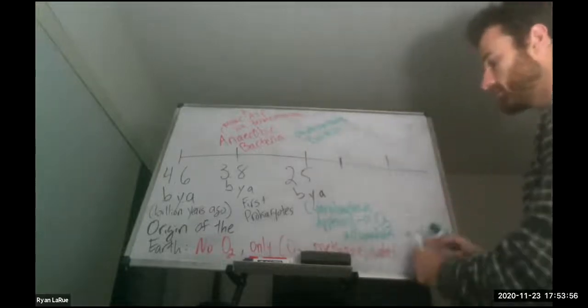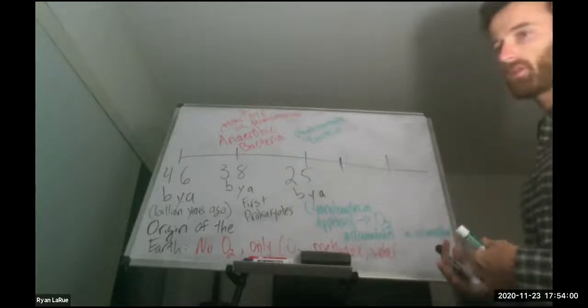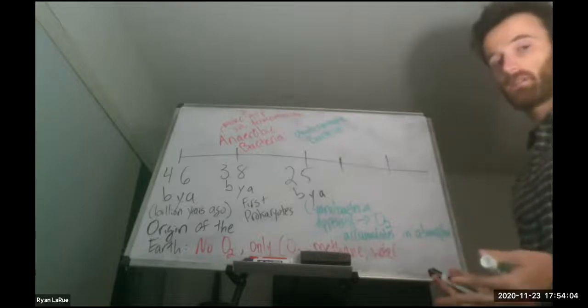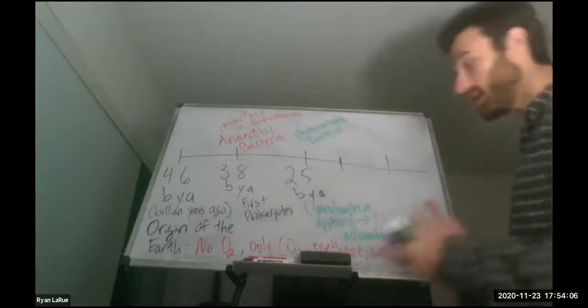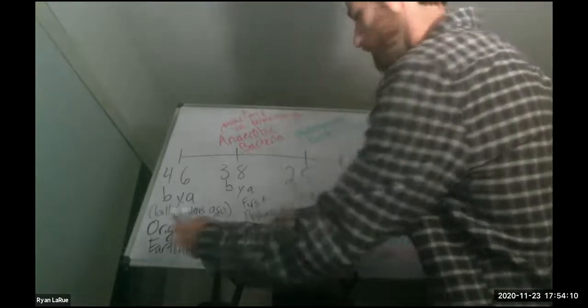It's shortly after this, I believe. Because once oxygen accumulated in the atmosphere, organisms that could use that oxygen started to appear, namely aerobic bacteria. Aerobic bacteria, they're going to be important to our story. So aerobic bacteria